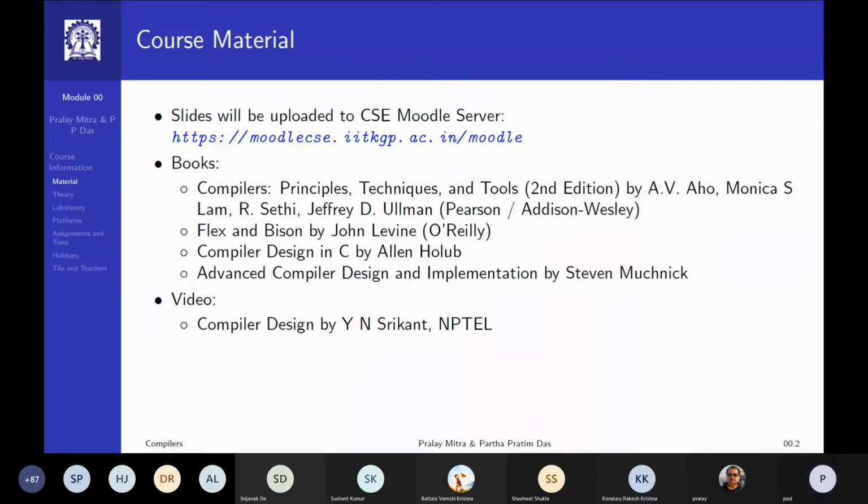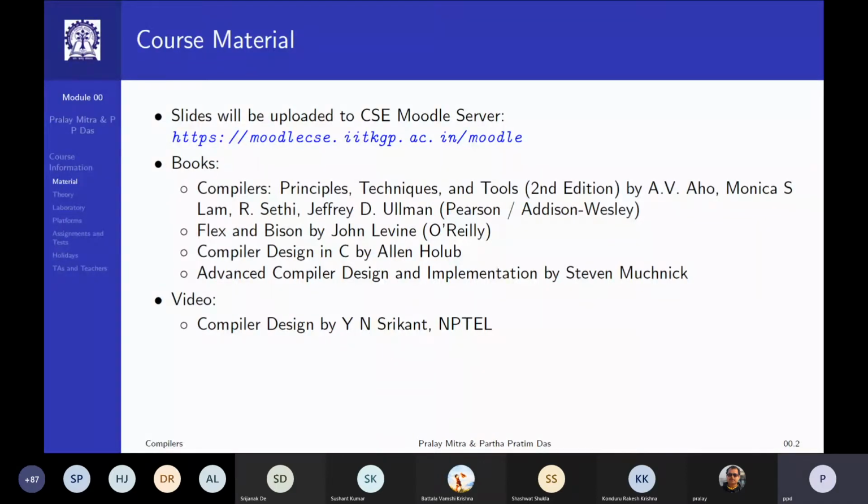Already the accesses have been shared with you through the mail. And these are the books that you can refer to. Of course, the first book by Aho, Lam, Sethi, and Ullman is kind of the Bible, the Gita, the Quran for this particular course.